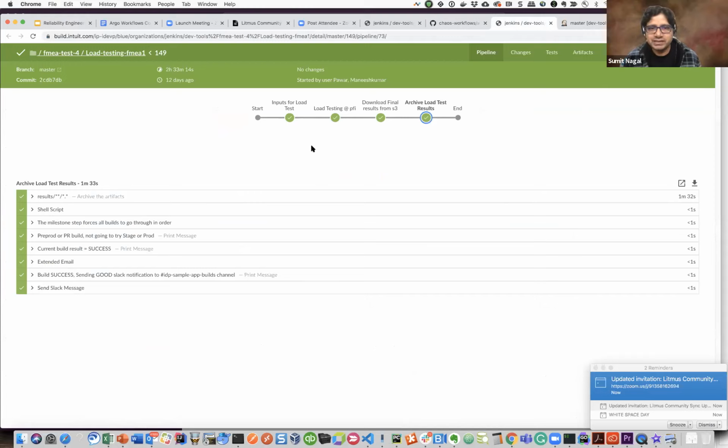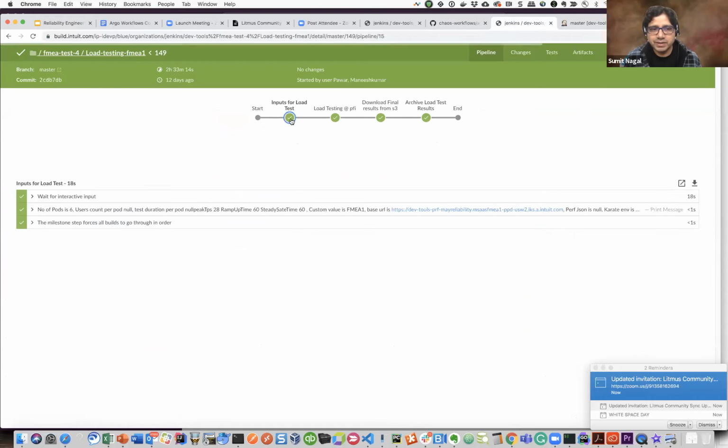In this lab example, you could see that we are putting some load, and that load is nothing but the input to your actual test container. In that container, we are saying that you want to run it for ramp-up time, steady time, and execution time. And then we are passing this base URL, which is the ingress endpoint.